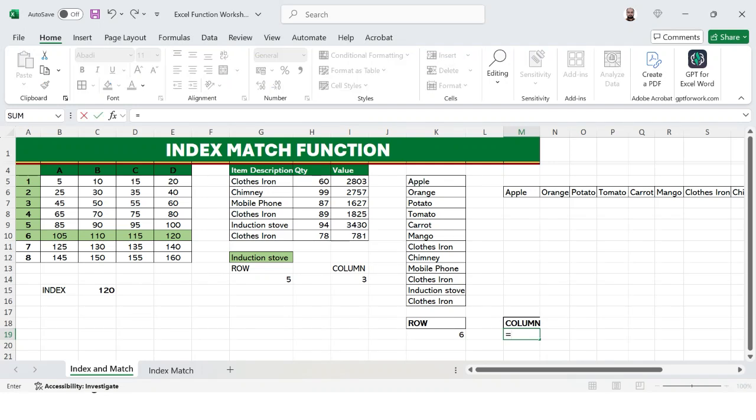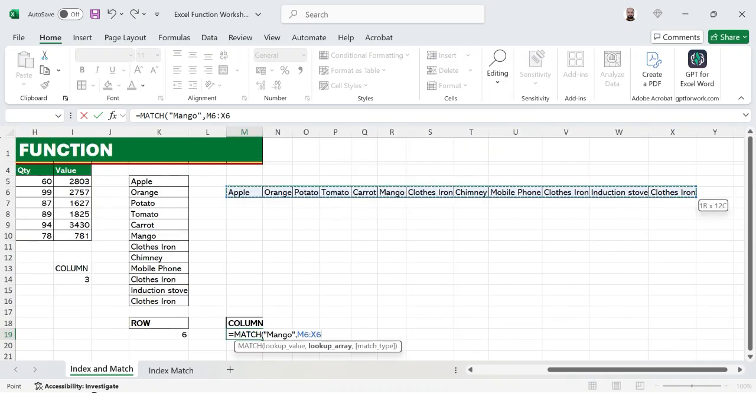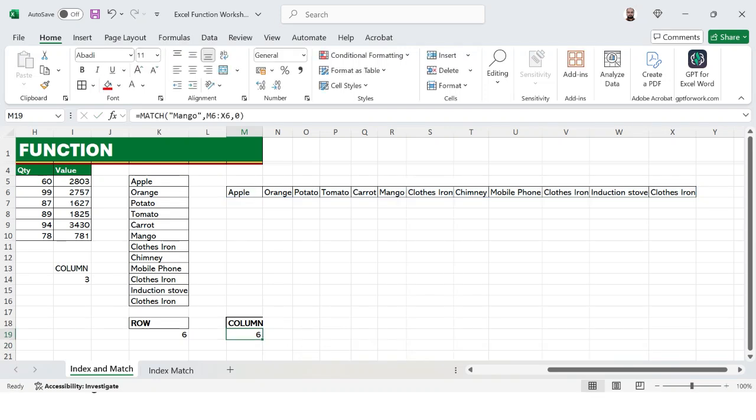Now you can see column MATCH. Bracket start, and this time also the lookup value would be mango, double quotation close, select the lookup array, and 0 for exact match, and close the bracket and hit enter. You get the answer as 6.